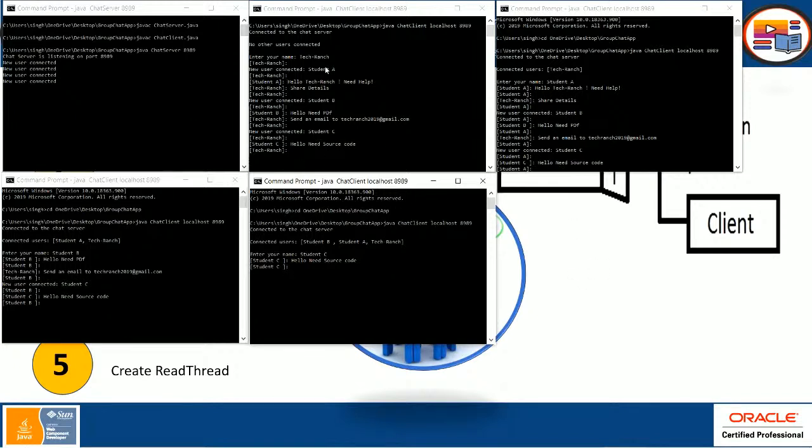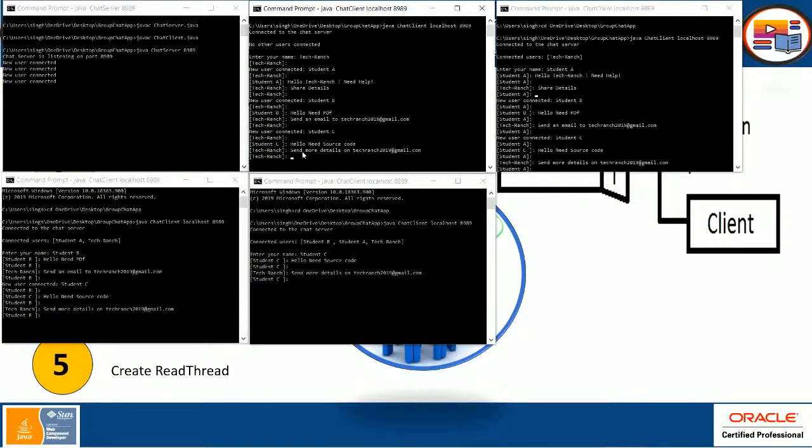This is the place where the TechRanch is taking care and making a room for all the students, and they're sharing their messages, and it's responding to each and every one individually and broadcasting all the messages here. So this is how we can have any kind of messenger or online or any kind of help desk services,